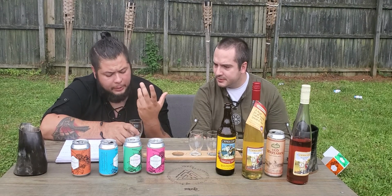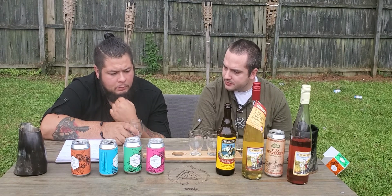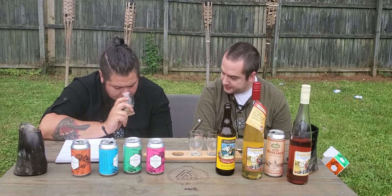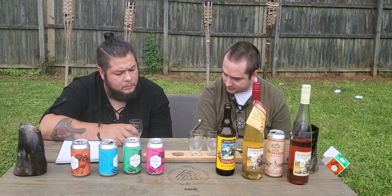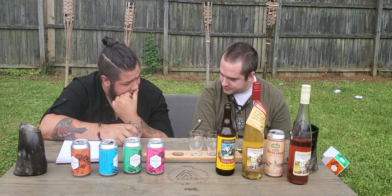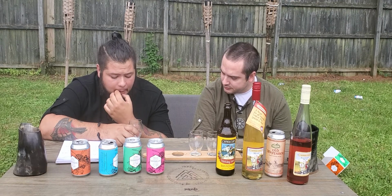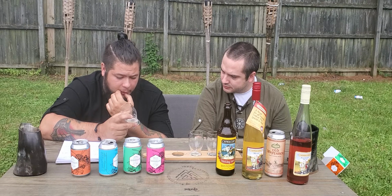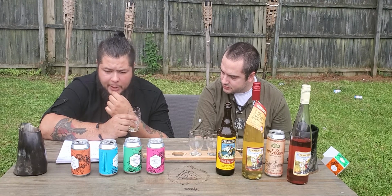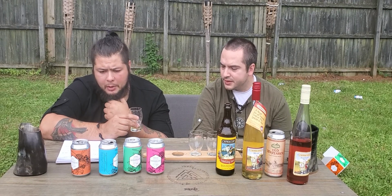It's not overly hop flavored, but it doesn't smell like hops. It doesn't smell sweet either. It's kind of like in the middle. But it smells good. It's got a nice smooth color and finish to it. I don't know if it's one that I would probably drink too often, just personal preference. But